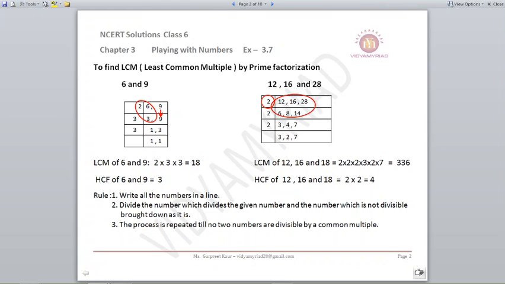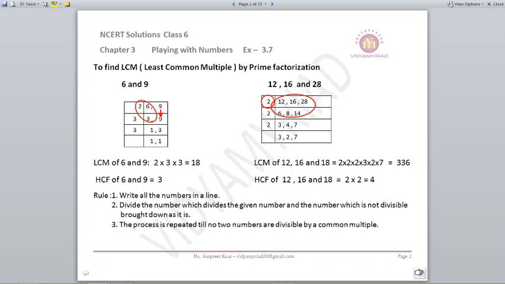So what I am going to do is, the number which is divisible, like 6 is divisible by 2. 2 3s are 6, so I will write 3 under 6. What will I do with 9? It is not at all divisible. I will simply write 9 below 9 because it is not divisible. Just bring it down in the next row.